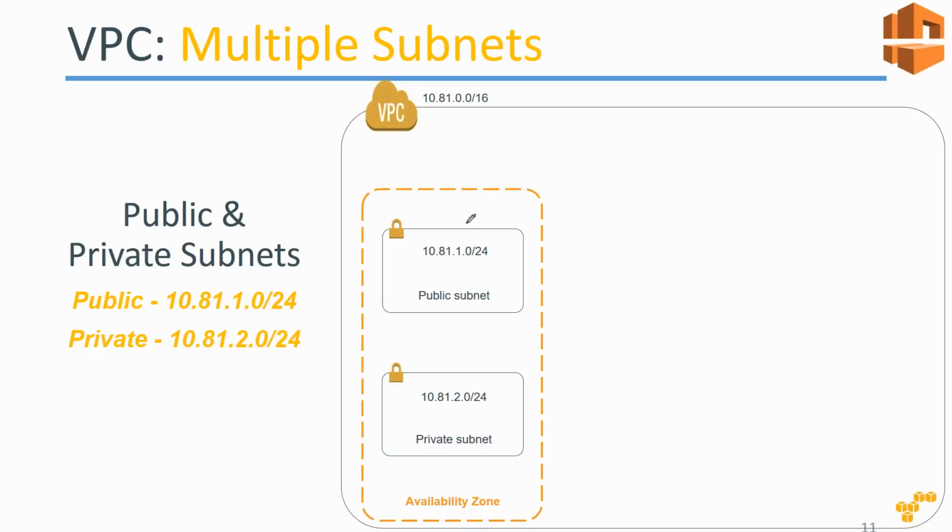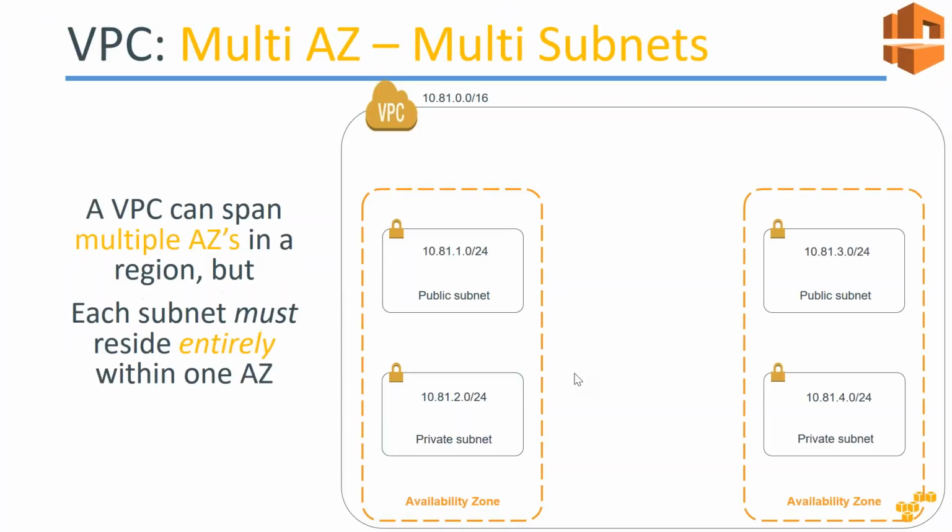So we have done public and we have done private also, but we have done it only in one availability zone. If I have to take it to another availability zone, I will go ahead and create something like this. And here you can see the range has increased to 3 here, and then the range has increased all the way to 4 here. So this way I can create a highly available configuration from the VPC level itself, that is a multi-AZ, multi-subnet